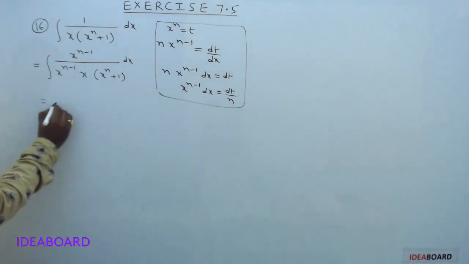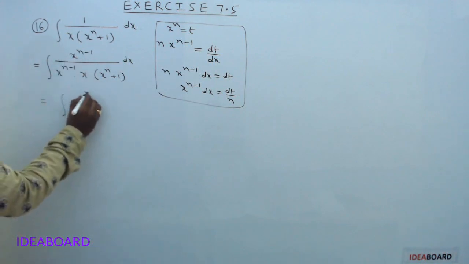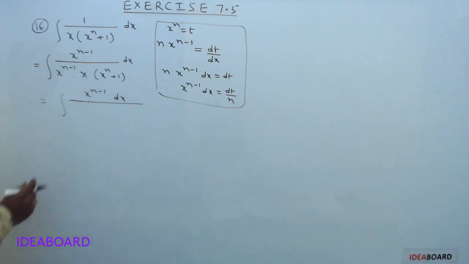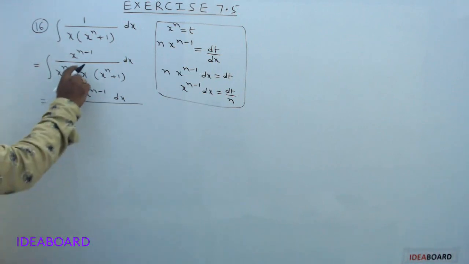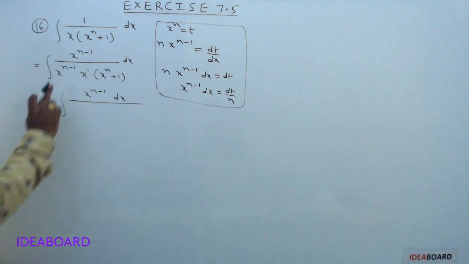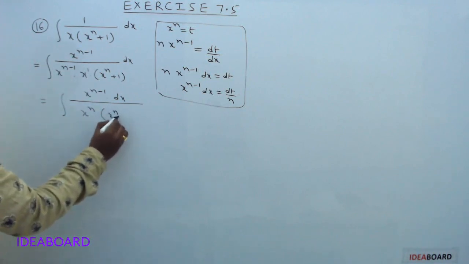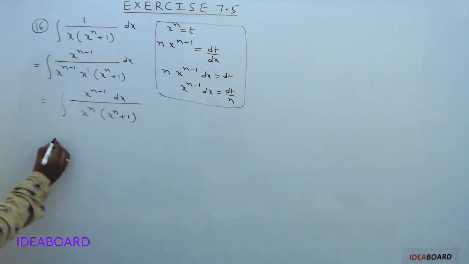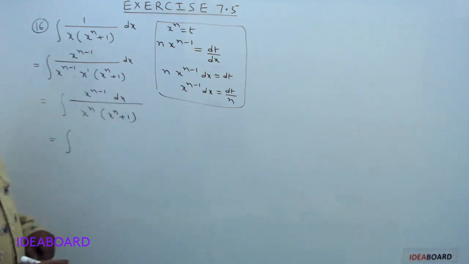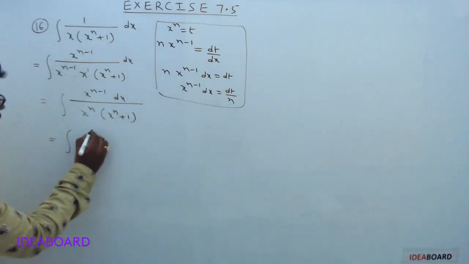Now this is equal to the integral of x^(n-1) dx divided by x^n into x^n plus 1. Here the bases are equal, so you can add the corresponding powers. Here x is nothing but x^1. So the denominator is x^n into (x^n + 1). So this is the integral of x^(n-1) dx, and x^(n-1) dx is dt divided by n